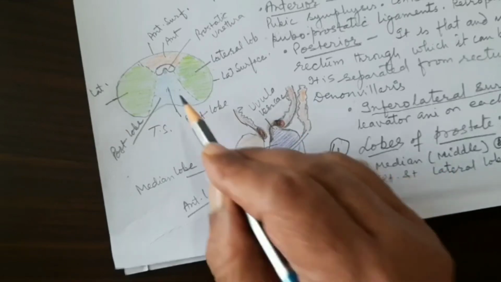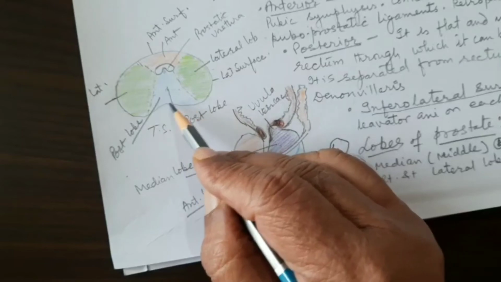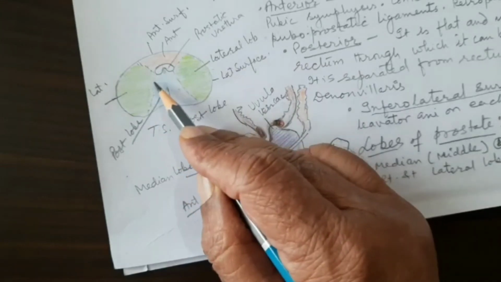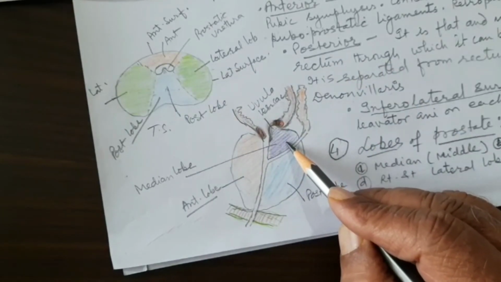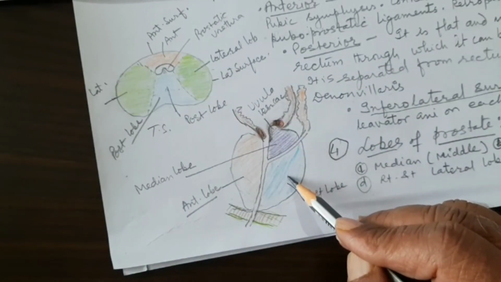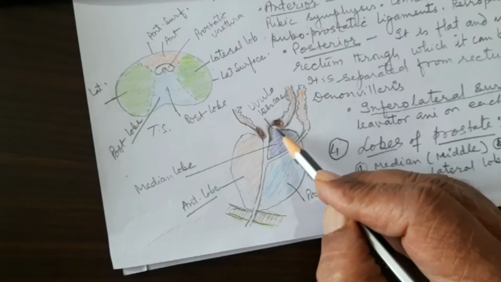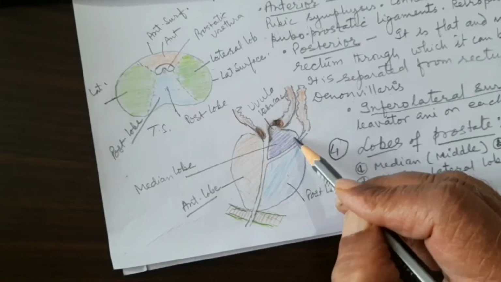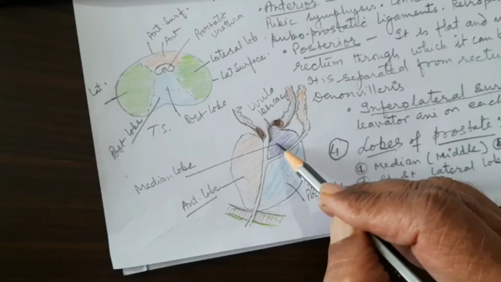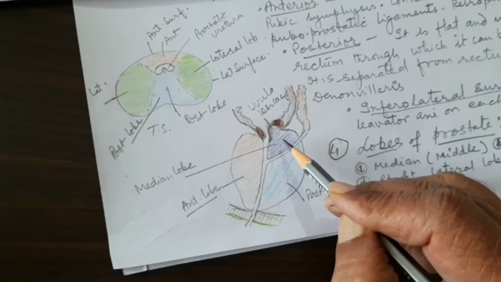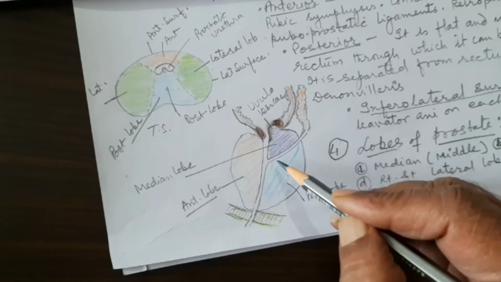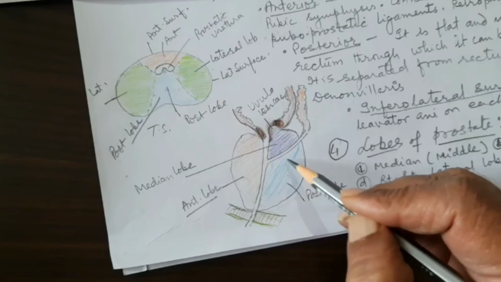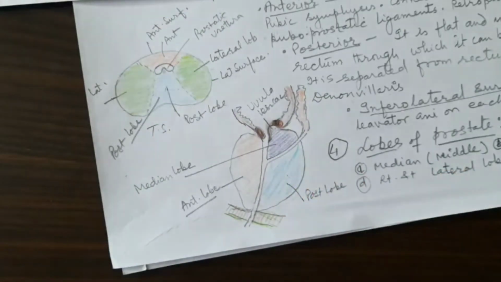Because glands are present here in the posterior lobe, the posterior lobe is a common site for cancer. So the median lobe is not the common site for cancer. It is the posterior lobe which is the common site for cancer, because here there is an enlargement of the gland. But the gland which enlarges in the median lobe is called benign enlargement, non-cancerous. Here in the posterior lobe, this enlargement of the gland is due to cancer.